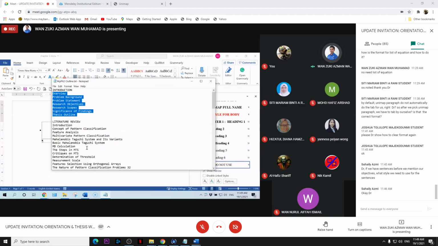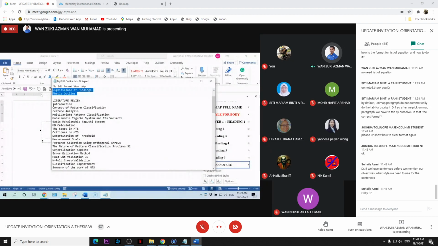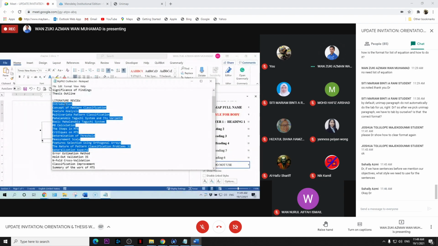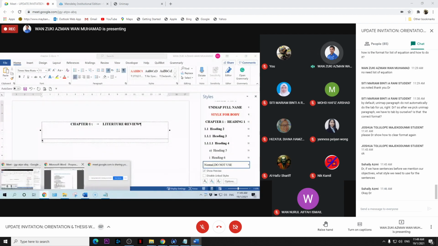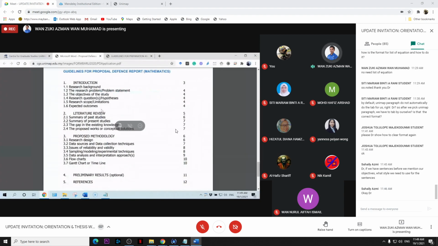So I just copy from my PhD thesis. Maybe I just copy up to this. So you can follow this proposal. If you prepare your proposal defense report, you can follow this. Just a guideline.